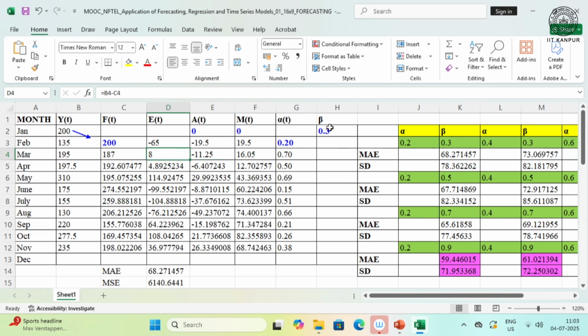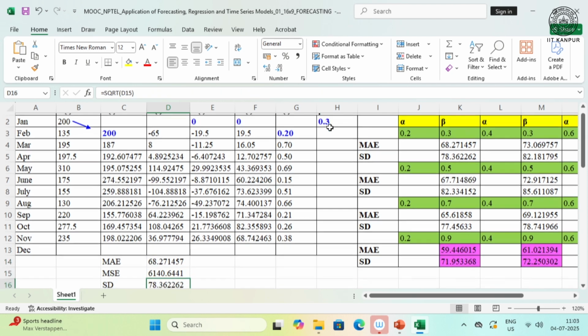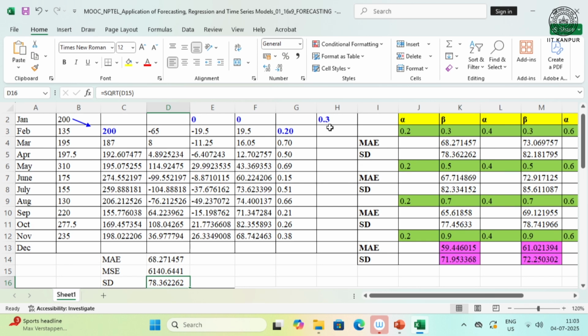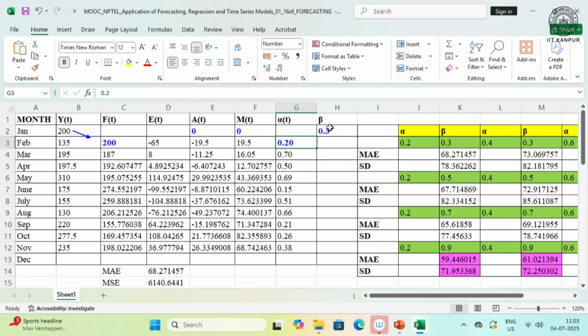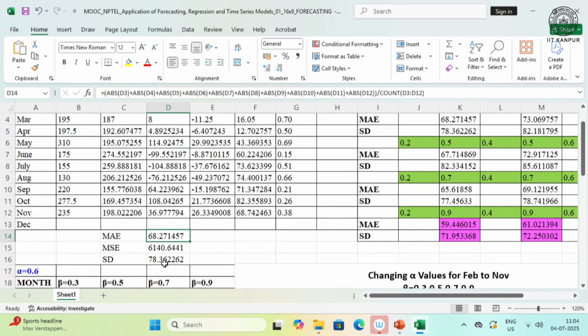And I have these values. If you remember, based on error, I found out the mean absolute error, found out the mean squared error, and found out the standard deviation. This is just a repetition of what I did, and I keep changing these values of alpha and beta, and based on that I prepared the cell. So, consider the values which are here for 0.2 and 0.3 respective values for alpha and beta. The MAE, which is mean absolute error, and standard deviation, which is based on the mean square, the values are